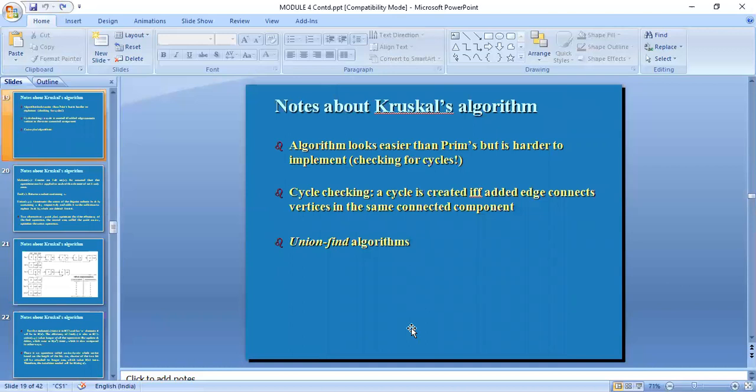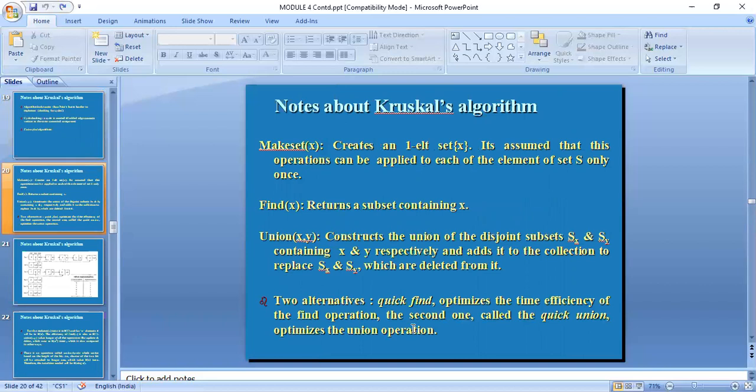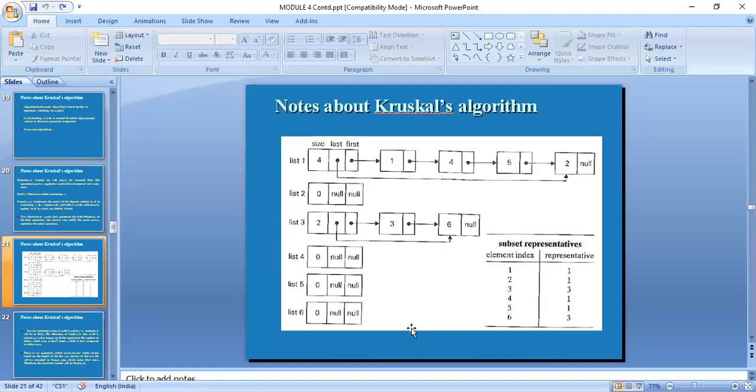So here we are using the union find algorithms, and based on them we give the time taken, which depends on the n element set. You represent it either by union by size or union by rank. Union by size means we use the linked list representation. Here we use a doubly linked list, which mentions the size, the last node and the first node, and each node is connected to the other node. When there is no more node to connect, you indicate it as null.